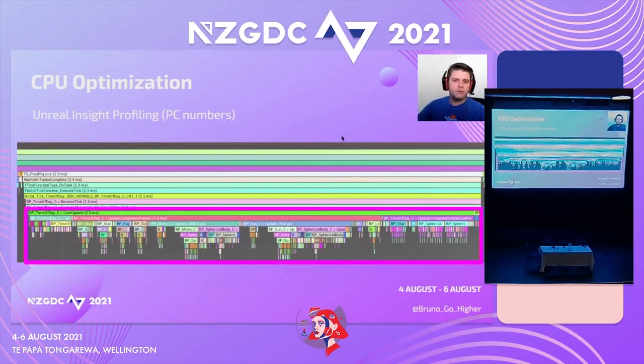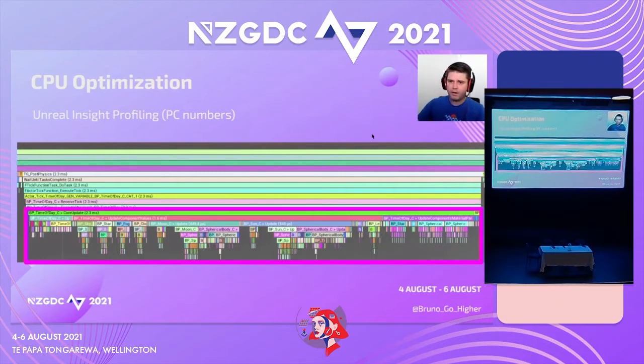Okay, so this is the whole optimization process. Just letting you know, those numbers are from PC, so they don't really mean anything here. It became very clear that updating every component and all of their parameters every frame was a very naive way of getting things done. So we needed to be smarter than that and find a way to turn off some of those updates when